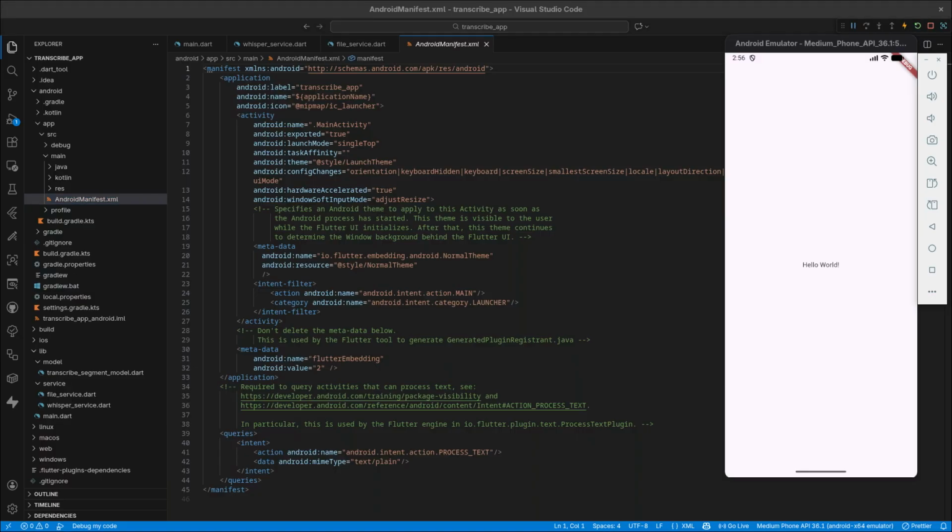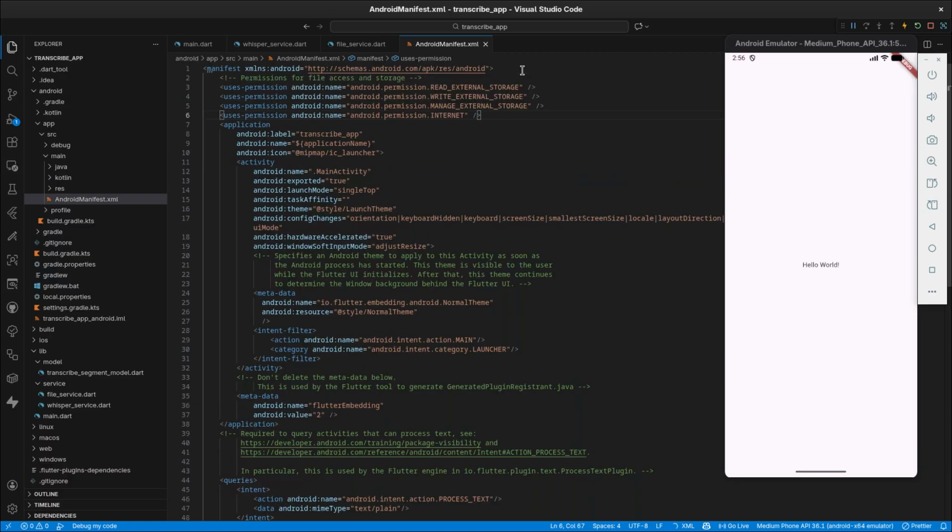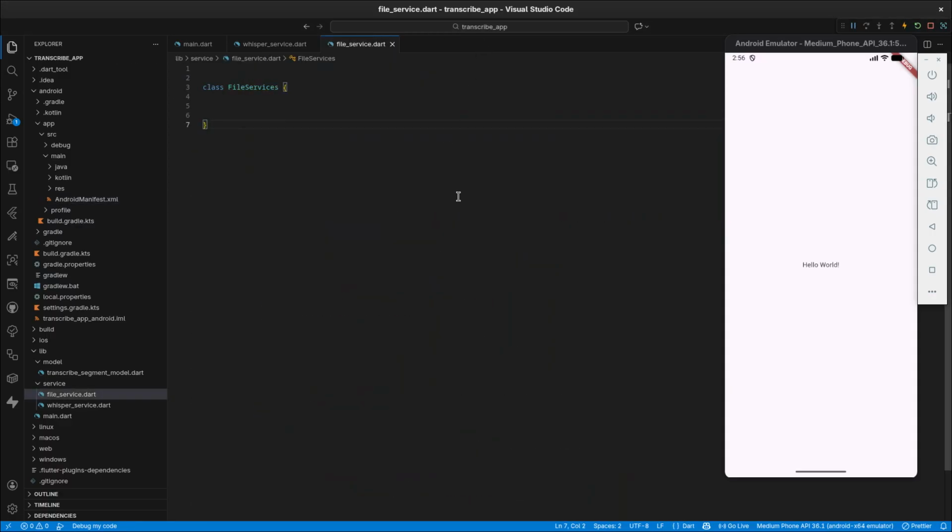So for Android, there are these permissions you will have to add. So do this. Yeah, I think it's only that. Let me see. Yeah, to be able to access the storage. Then once you have that,